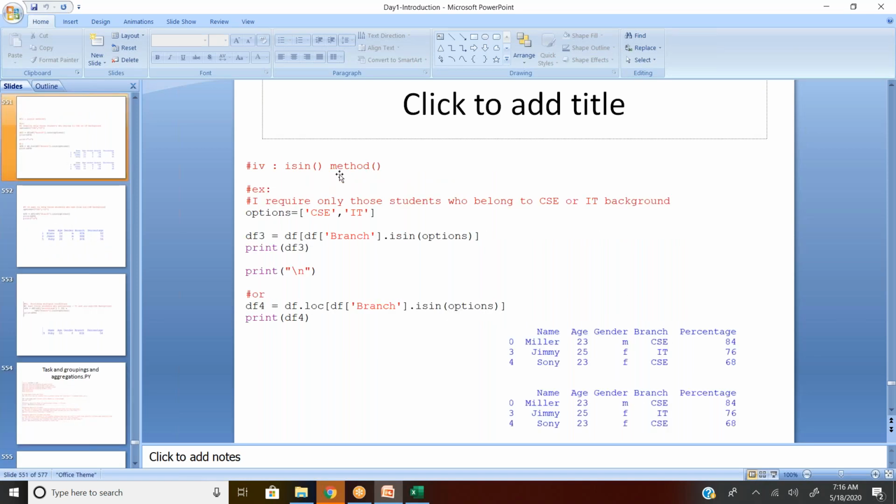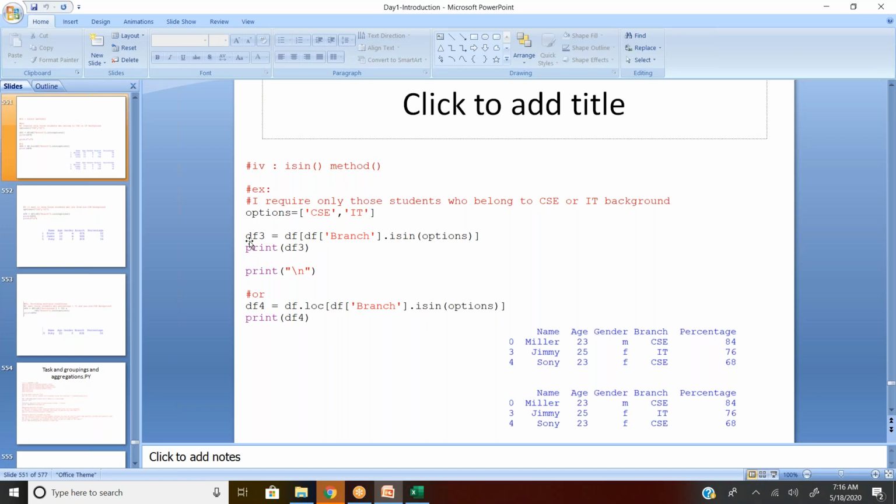Now the isin method. I require only the students who belong to CSE or IT background. I'm writing options, some variable name. Here I took options in square brackets, CSE and IT. These are the two things which I want to take as the background.